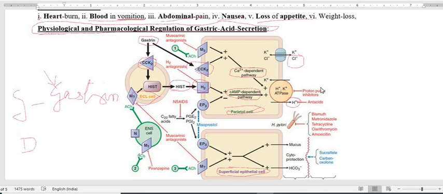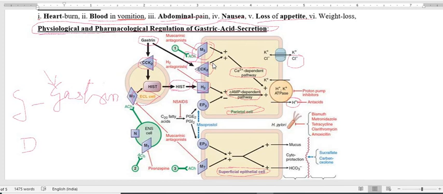So this is another pathway. Now we have to go through the neurotransmitter acetylcholine. When acetylcholine is released by the enteric nervous system, this neurotransmitter acts on the muscarinic receptor present on the parietal cell. So when the acetylcholine released by the enteric nervous system acts on the muscarinic type 3 receptor present on